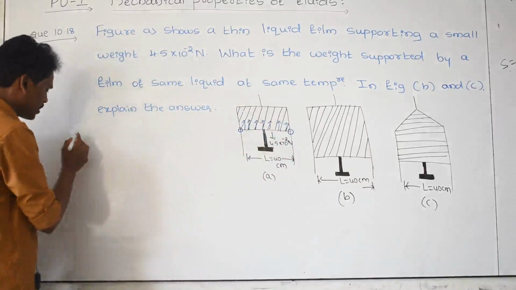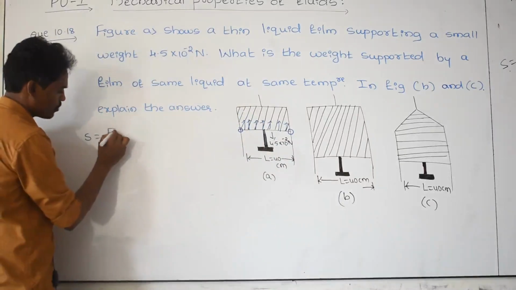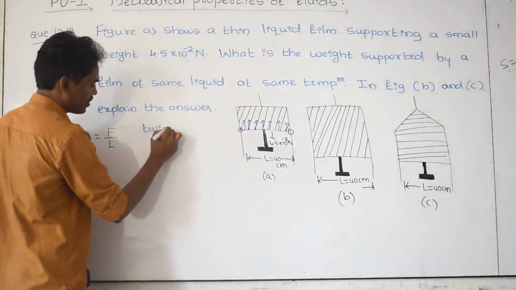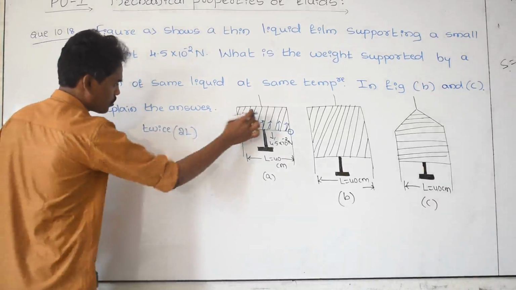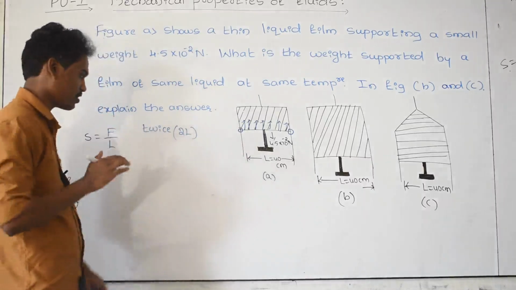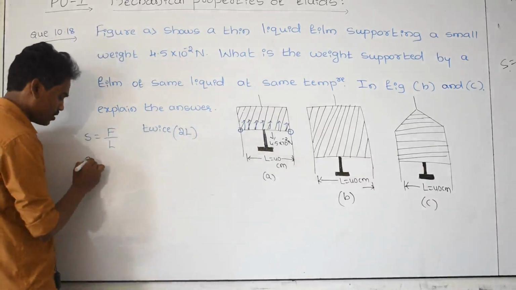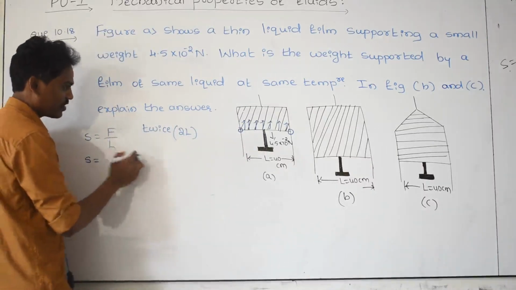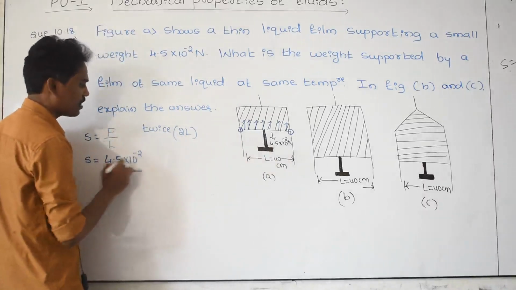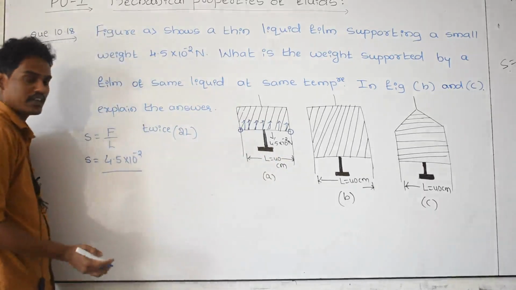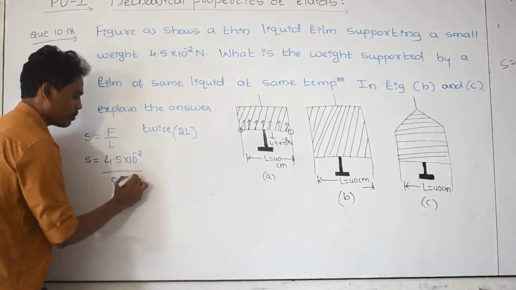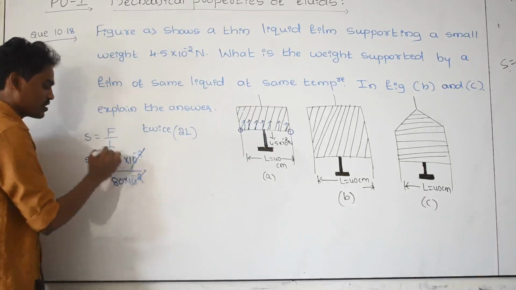That is first formula, that is surface tension is equal to force per unit length, and this length I am taking twice. I am taking the length as 2L because this soap solution has two surfaces. One is the upper surface and another one is the bottom surface. That's why take this L as 2L. Surface tension is equal to F by 2L. F he has given, that is 4.5 into 10 to the power of minus 2, and length he has given 40 centimeter. Take 2 times means 80 centimeter, and in terms of meter 80 into 10 to the power of minus 2 meter, and these two getting cancelled.